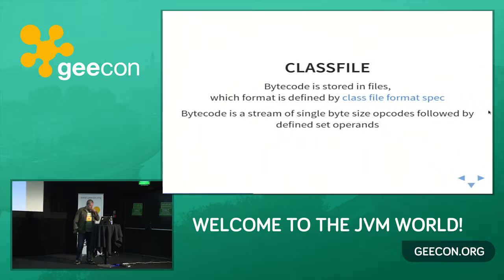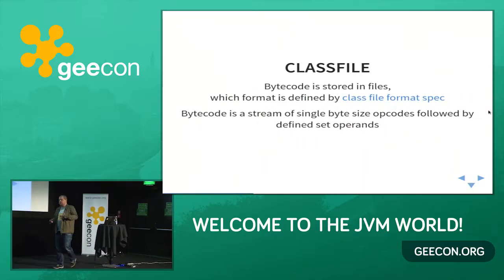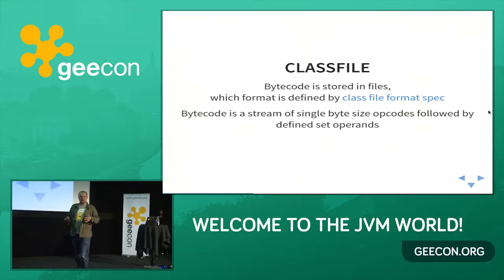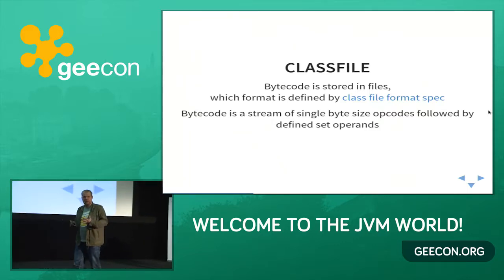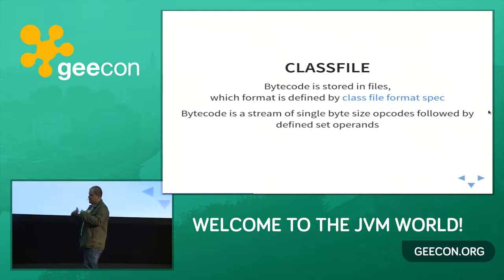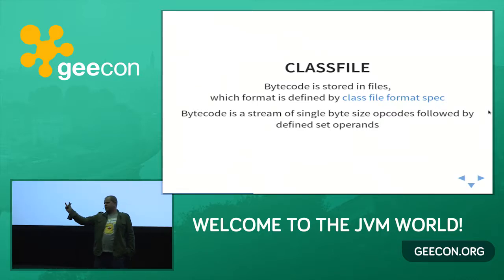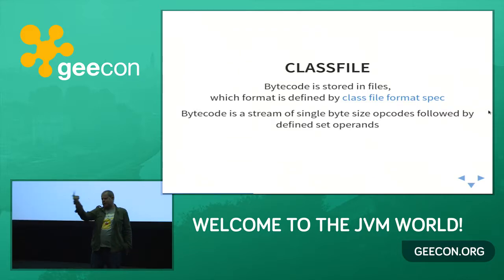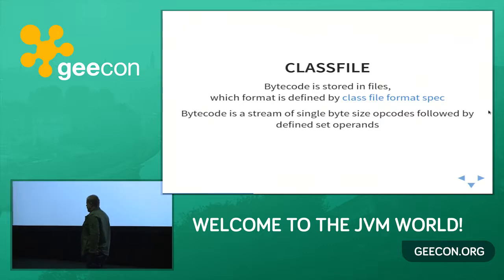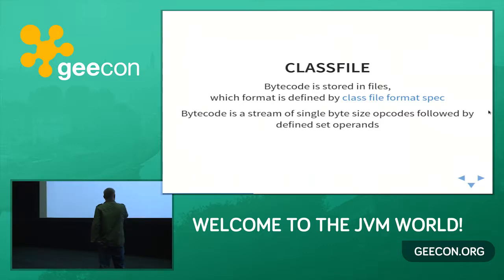Okay. So the bytecode is a part of a class file. Class file is something larger, bigger. It contains more information than just your methods and your code. And bytecode is a stream, okay? So you have a bytecode, and the parameters to the bytecode, the operands. So you have an opcode, like invokevirtual, load constant, getstatic. And after the opcode, there comes a defined number of operands.